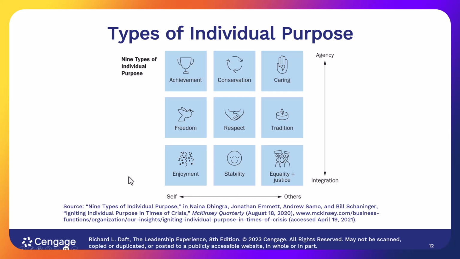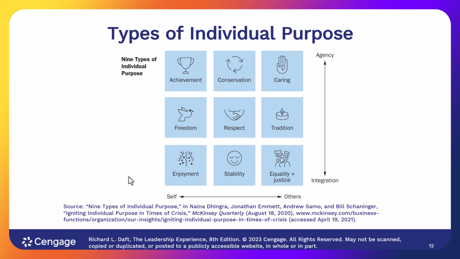So there was research done that showed that most people are going to fall into one of nine categories about individual purpose. When you look to the right, you see agency at the top and integration at the bottom far right. So that's when we're looking at activities that are catered towards self, agency, or others, integration. We see self and others at the bottom. This right here is dealing with the underlying motivations of self and others. When you look at this, just about everybody's going to fall in these categories.